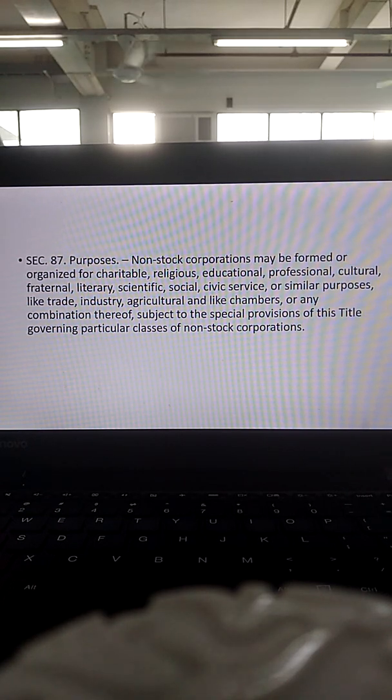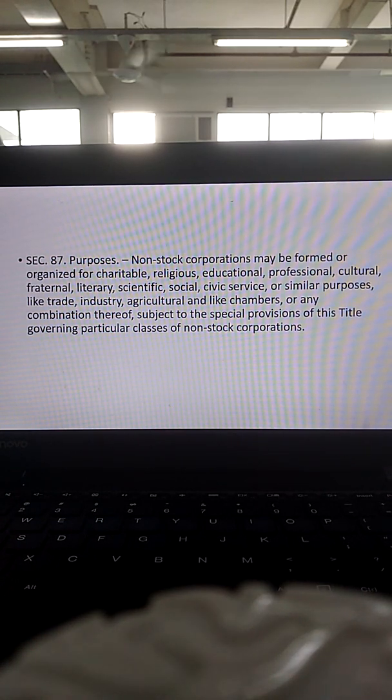Like for example, if you say cultural, that is for the preservation and the advancement or the development of the culture of the Lumad people. Okay? Fraternal, this is for brotherhood purposes or sisterhood purposes. Meaning this is for they are creating or founding the said organization to help the members. Okay? Literary, parang Shakespeare ito. Yun na nga, na-mention ko dati. Okay? So, they are